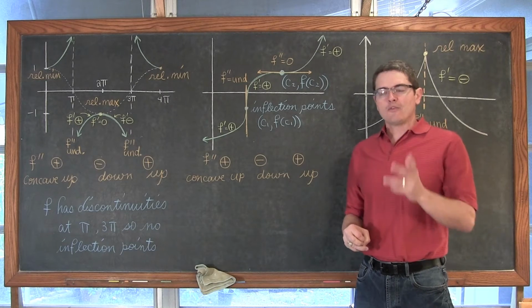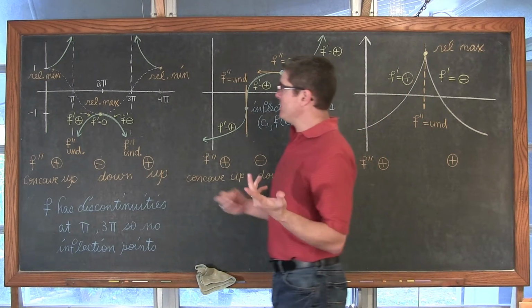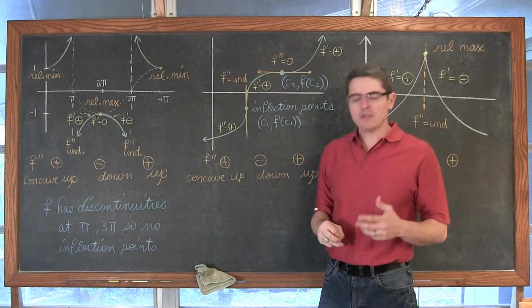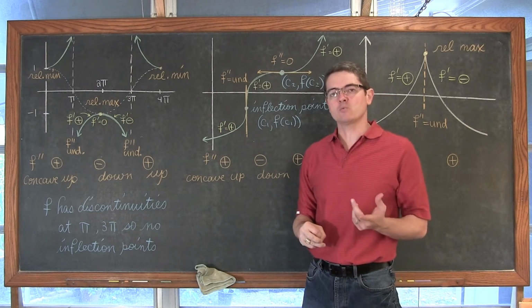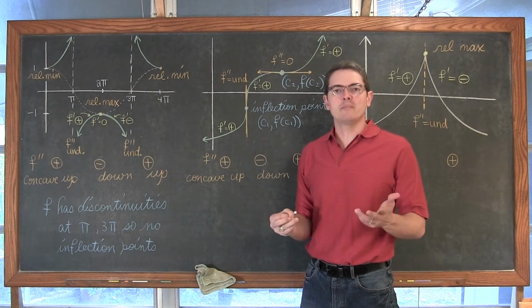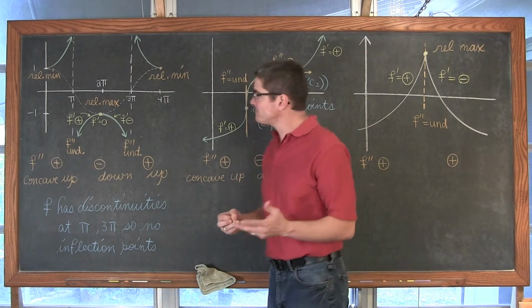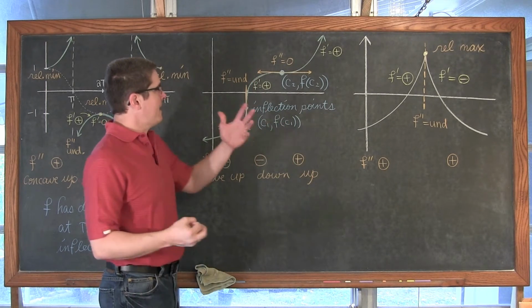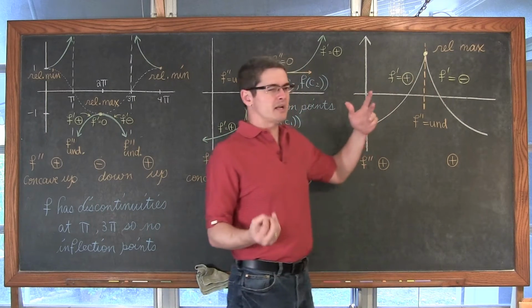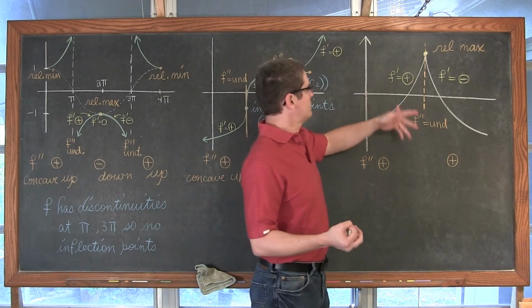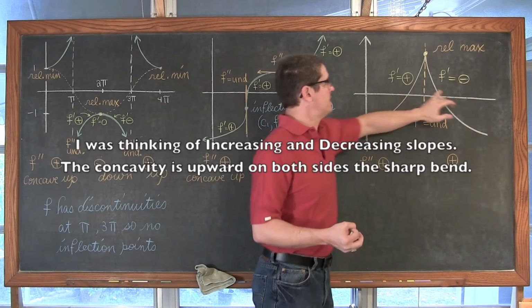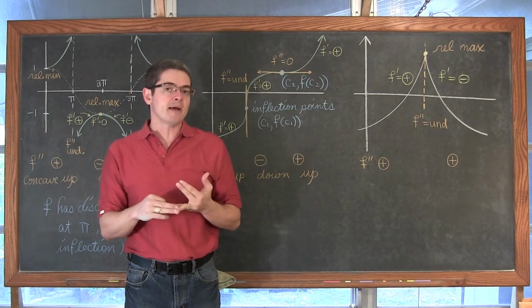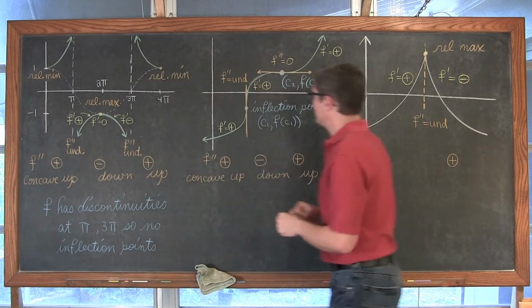Now, if the original function is undefined at some value, like this first example is undefined at values of pi and 3 pi, well then of course the first and second derivatives are going to be undefined as well. So why worry about where the original function is undefined? Well, when you have the concavity change, you might have, let's say like this example, and these are all kind of special case examples, concavity both up and down here, but we're going to be talking about inflection points and relative maxes and mins.